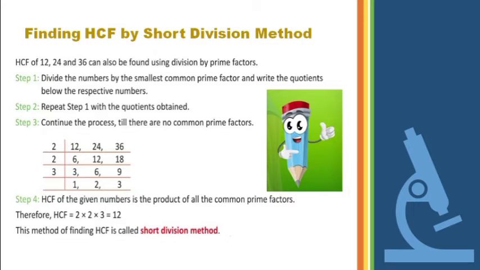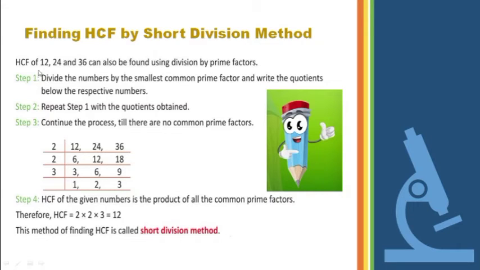When you apply the division method, always use only prime numbers, prime number tables. Don't use composite numbers. Composite numbers are not required here. Always start with the first prime factor, that is 2. First it will be 2, then 3, then 5, then 7, then 11 and so on. Only prime numbers are required here. So let us have a look at it.